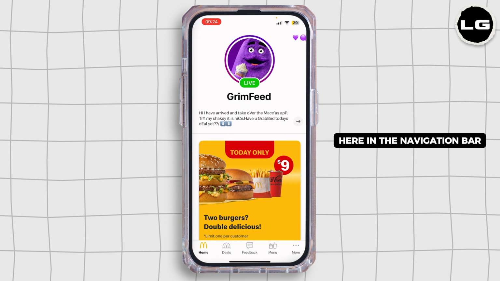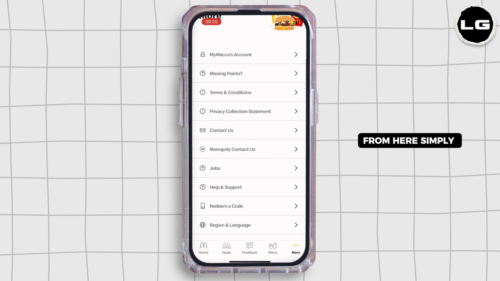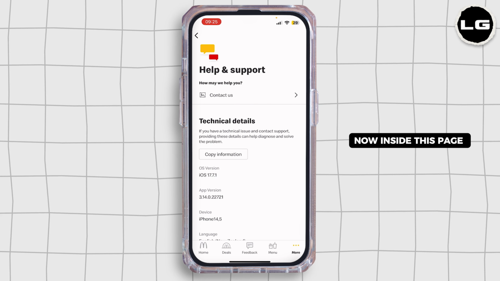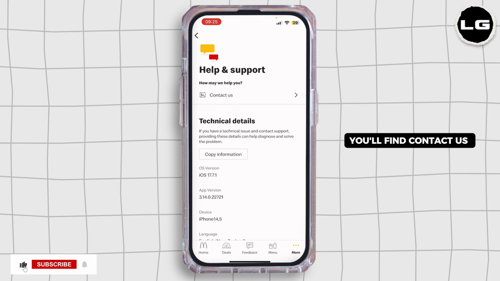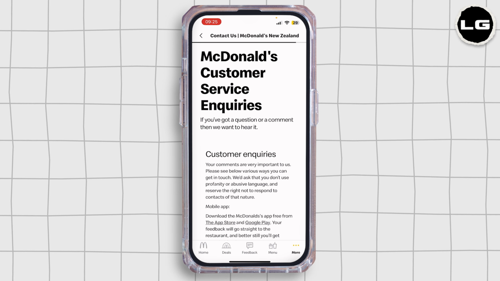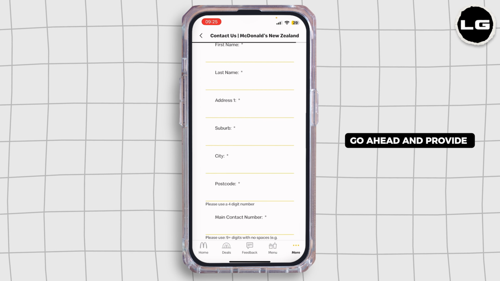Here in the navigation bar, simply tap on the three dots at the bottom right corner. From here, simply tap on Support and Help. Now inside this page, you'll find Contact Us under How May We Help You. Tap onto it. Now once the contact page is open, you'll have to go ahead and provide all of the